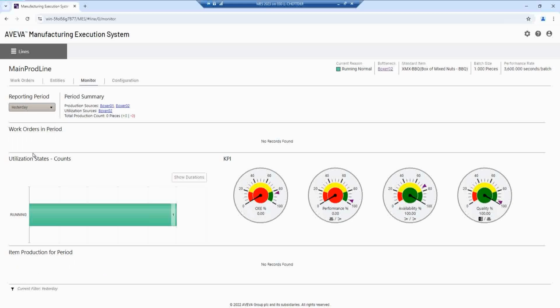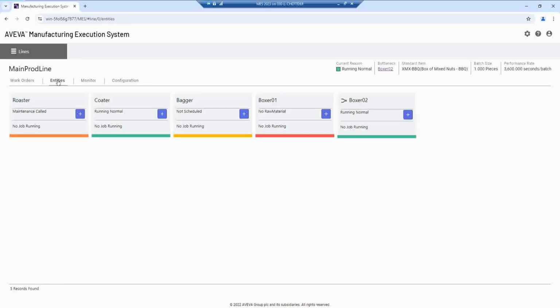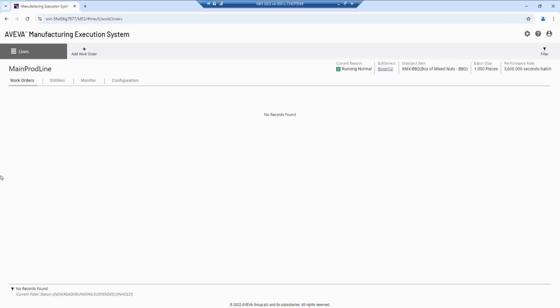Yeah, we can even go back to yesterday and look at our performance. So yesterday we were not running. Okay, we can look at our configuration as well. So this is an example of the OEE type of information that is available using the MES performance component. Okay, so if we had any work orders running, we would be able to see them here.